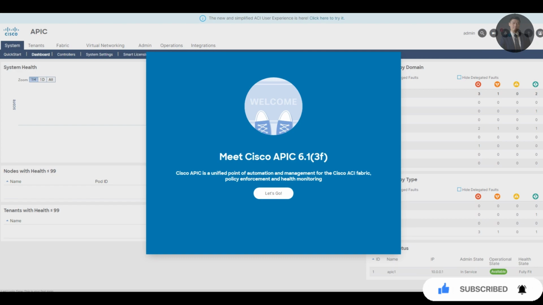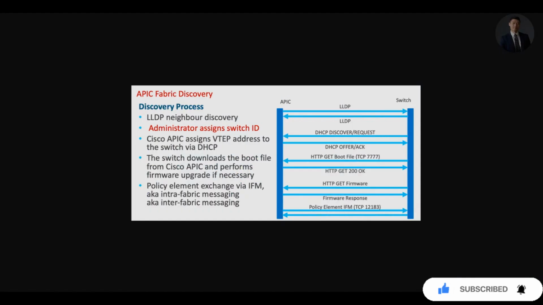First task is to configure the basics. The ACI APIC is the main architecture component of Cisco ACI. So it is the unified point of automation and management for Cisco ACI fabrics. The APIC automatically discovers, via LLDP, new switches that connect directly to any switch it currently manages. Each APIC instance in this diagram,